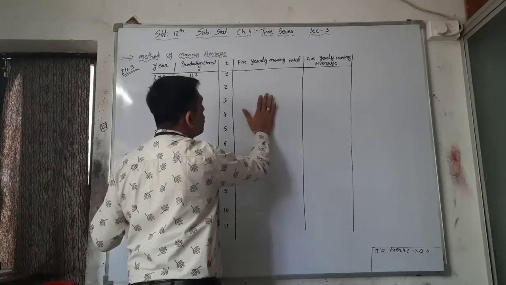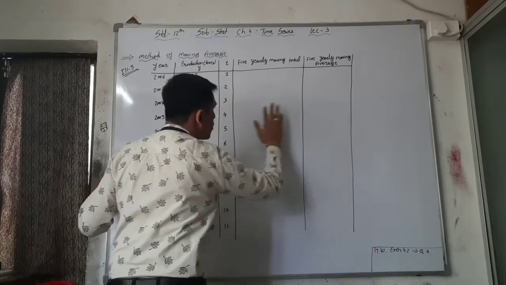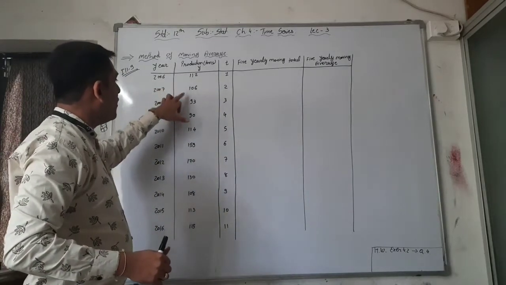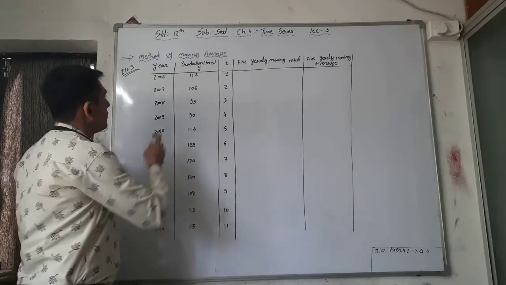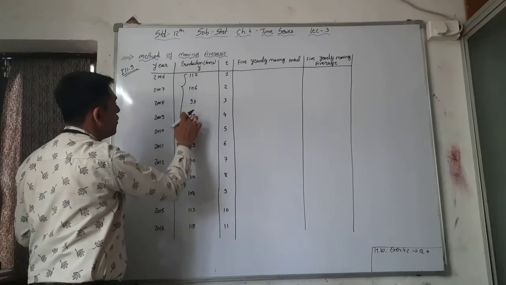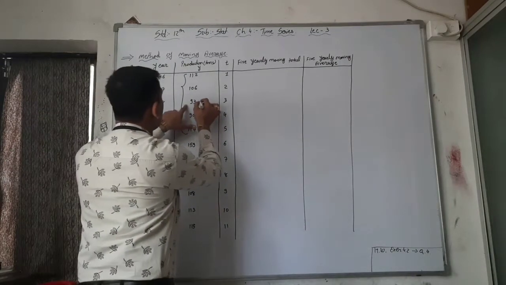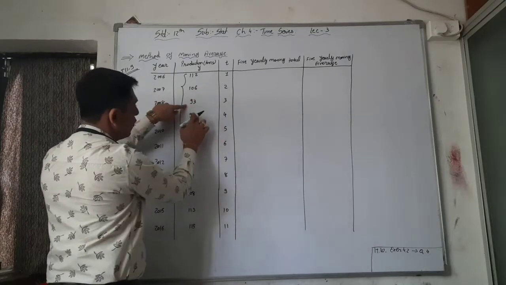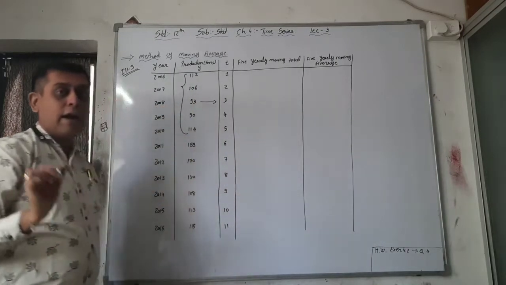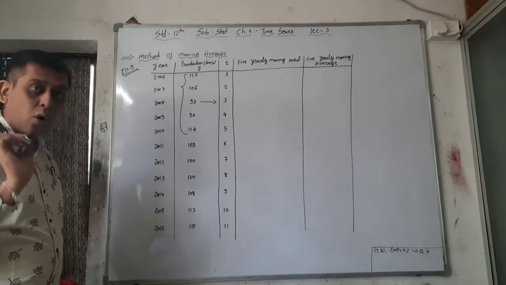We have to find out the 5-year moving total and then average. First of all, we have to find out the total. What is the center point of 5-year moving total? See here, this one is the 5-year: 1, 2, 3, 4, 5. And which one is the center? 3rd year is your center, with the 1st, 2nd, 4th and 5th around it. So 3rd year is your center, and we have to write the total in the center only.